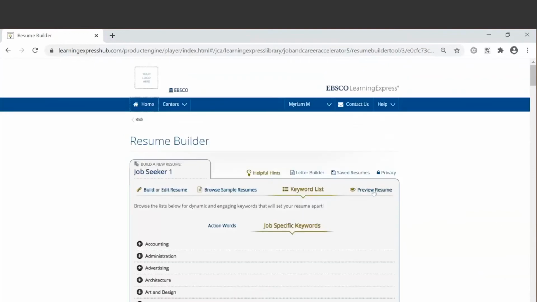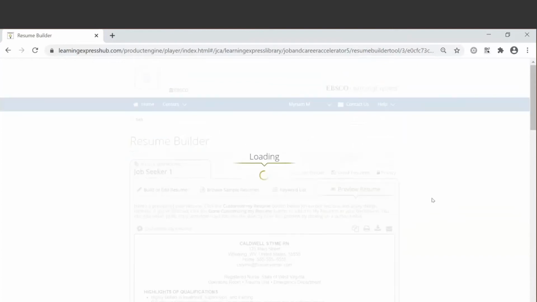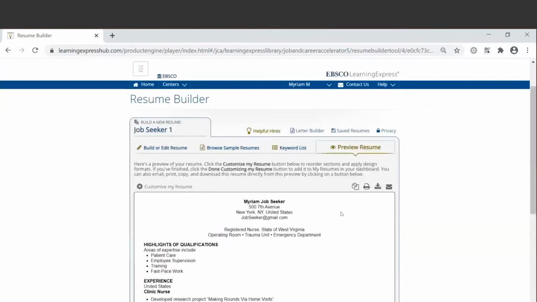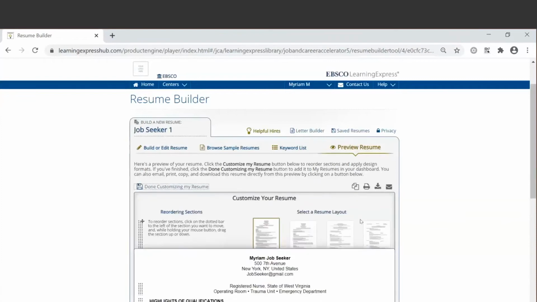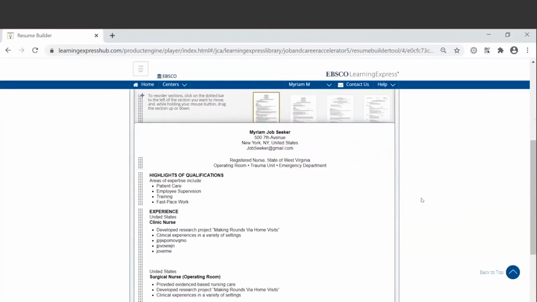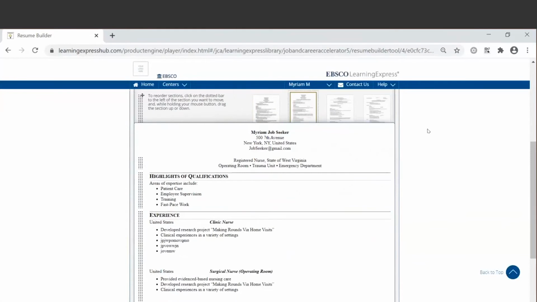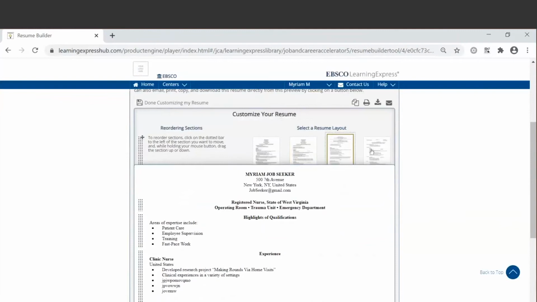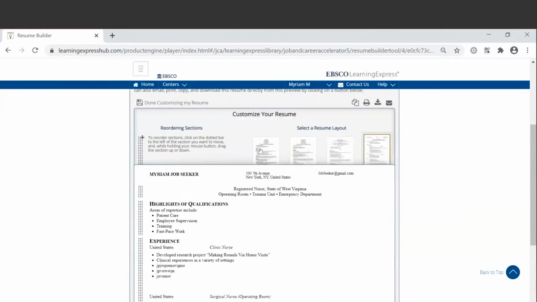And then we have our resume preview. And so within the resume preview, you can see all of the work that you have done. As you can see here, we can also change and format our resume. And so going into here, you'll see I customize my resume. We'll click on that. And as you can see here, you can change your resume layout. And so there's no other formatting required as the resume builder does it all for you. And so your users can just select the look that they like the most.